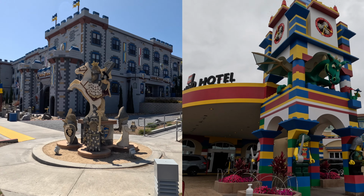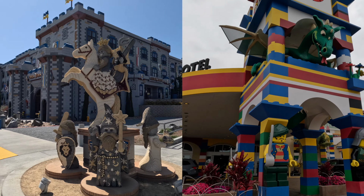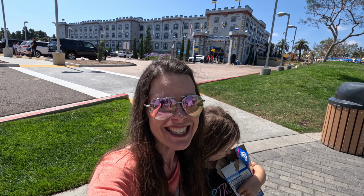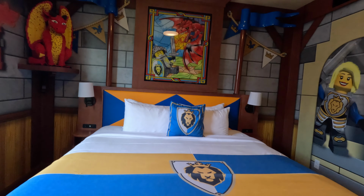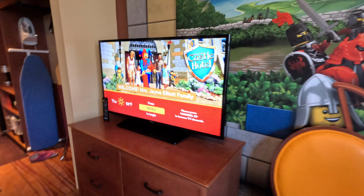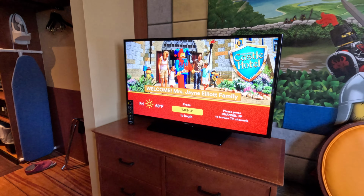If I was going to pick one hotel over the other, I like... And the winner is... So our favorite hotel is the Castle. The Castle is newer and it shows. It was built in 2018. It has features like your name on the TV when you check in, and it just makes it feel a